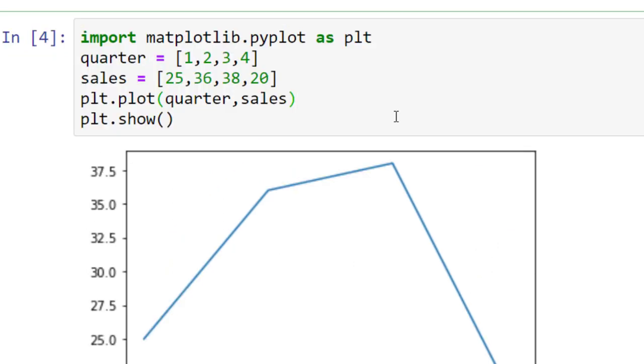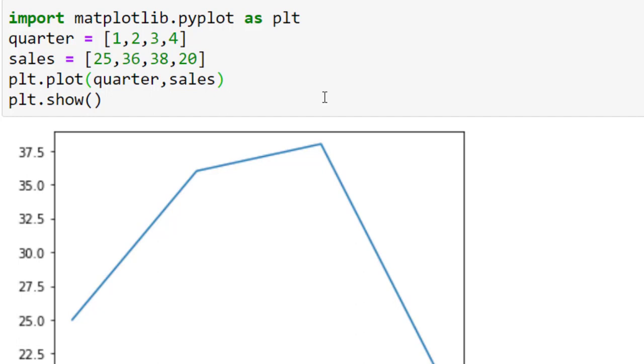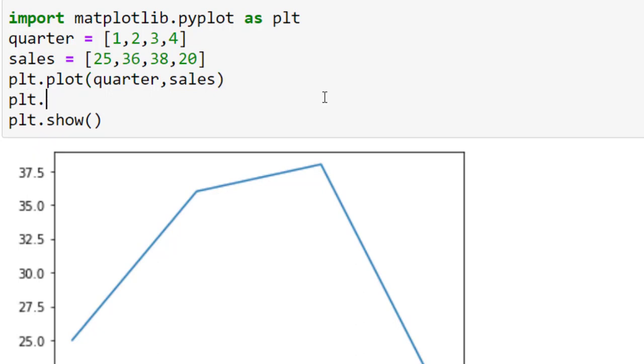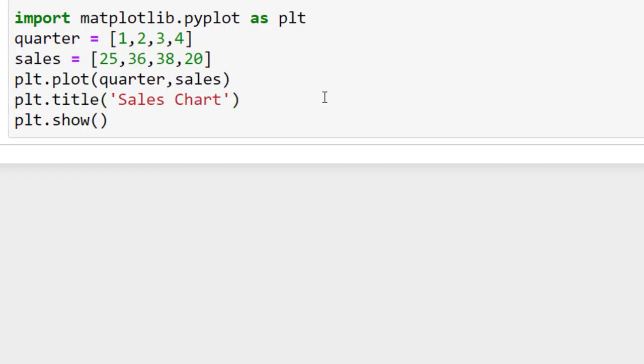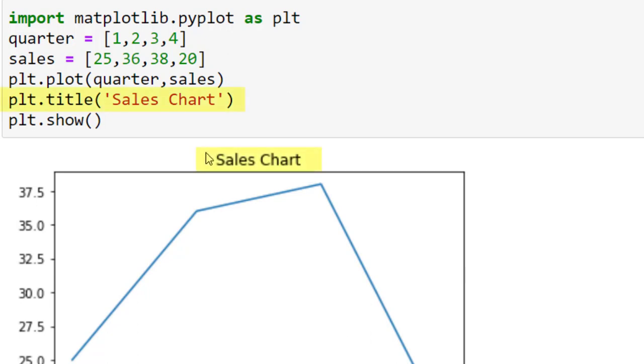One by one I am going to show the various functions which we can use from pyplot. The first function is plt.title, and I write over here sales chart, and when I run it, you see at the top there is a sales chart.